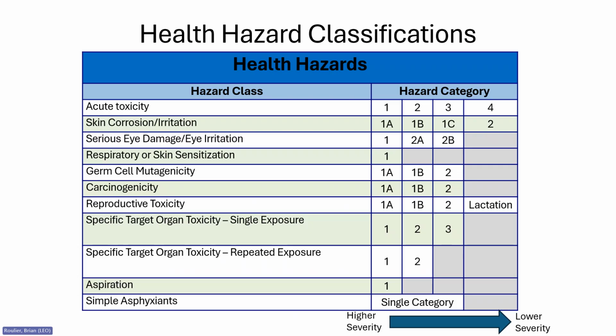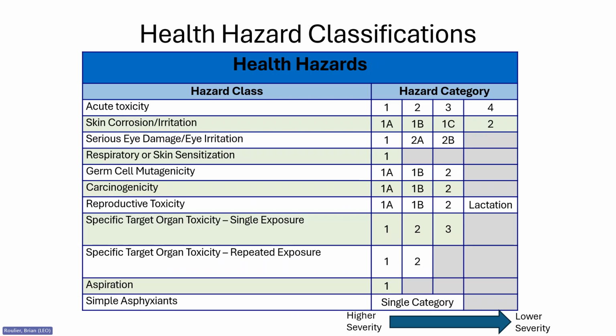After sensitization, health effects may occur even when exposed to lower levels of the same chemical. Germ cell mutation refers to gene mutations which may be passed to children. Carcinogenicity is the ability to induce or increase the occurrence of cancer after exposure. Reproductive toxicity is adverse health effects on sexual function and fertility in adults, and developmental toxicity to offspring.